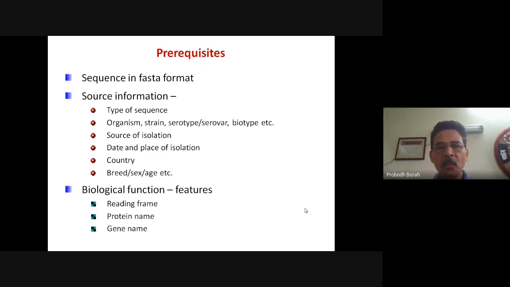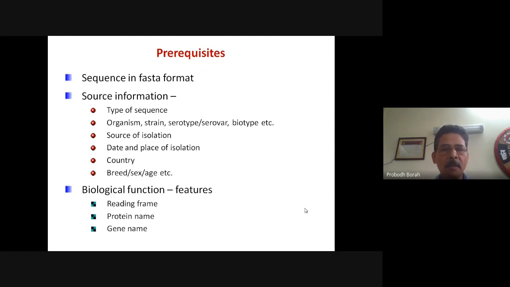strain, serotype or serovar, biotype, and other properties of the sequence, and the type of the sequence, whether it is a DNA sequence, RNA sequence, messenger RNA sequence, protein sequence, or what type it is. Also the source of isolation: where it was isolated from, what the source sample was, from which species, what the sex of the particular animal or human being was, or any other relevant information.